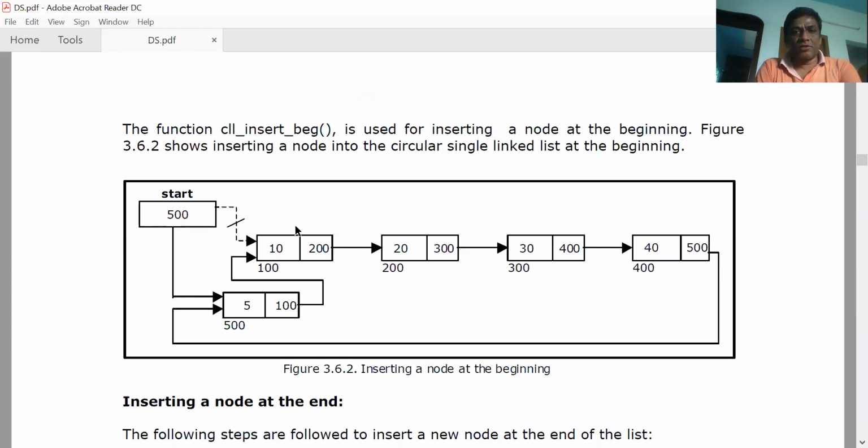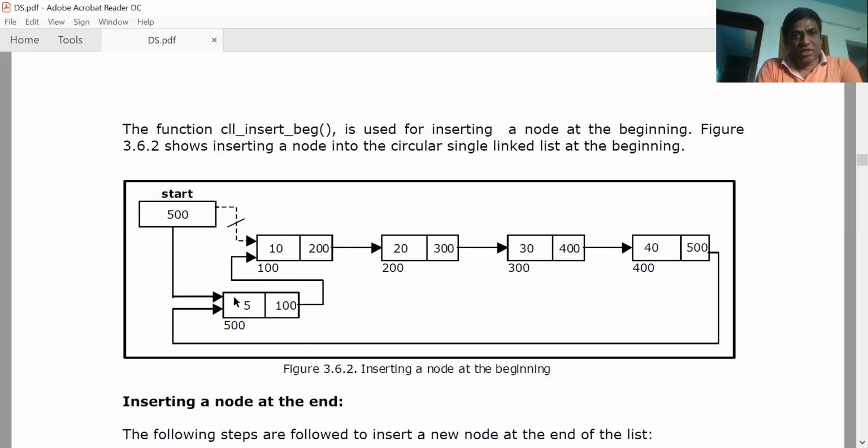Okay, so this is the initial start node, and starting here, we move to the last node using the last variable. Okay, this is last, and now once you reach this last node, the new node is inserted at the beginning like this. New node's next is equal to start, and start is equal to new node. Now start is updated. Initially start is pointing here, now it is gone. Start is now pointing to the new node.